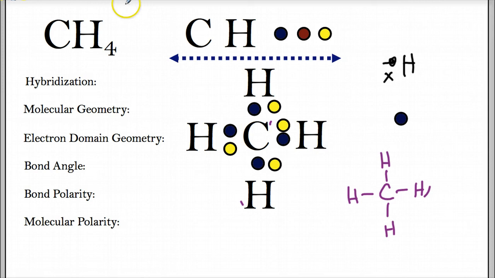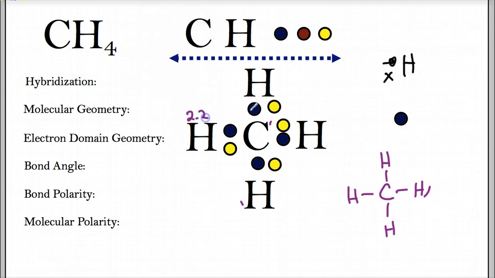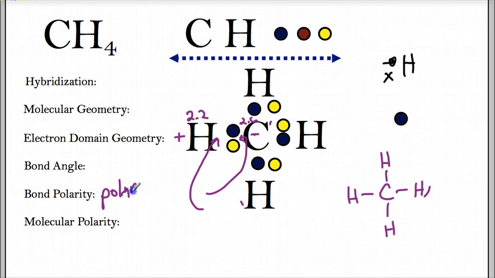But in this case, according to New York State, because, well, that's what we're dealing with, hydrogen's 2.2, carbon's 2.6. This pair is not being shared exactly equally. It's going to be a little bit pulled closer, not a lot, but pulled a little bit closer to the carbon. Why? Because a carbon has a higher electronegativity, and therefore this side of the bond feels the negatives more than this side. So we would say that this side of the bond is a little bit partial negative, this side's a little bit partial positive. So we call this a polar bond because of